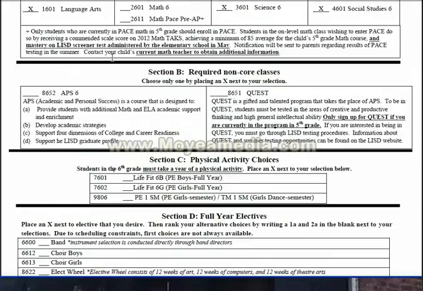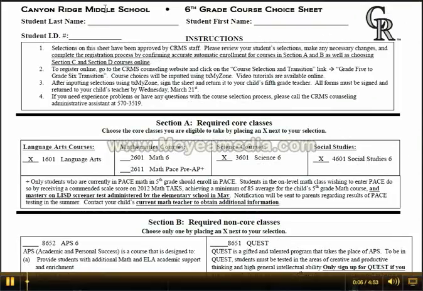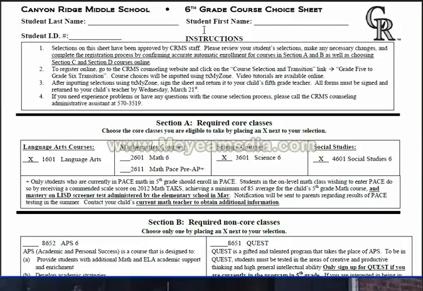Hello, this tutorial is for current 5th graders who will be transitioning to Canyon Ridge Middle School during their 6th grade year. First off, we're going to go over your course selections here, and we're going to walk you through how to fill this sheet out correctly. After we fill this sheet out correctly, it is very important that you take your copy home to your parents. You have your parents review your selections with you, and then finally go online and register for your courses following